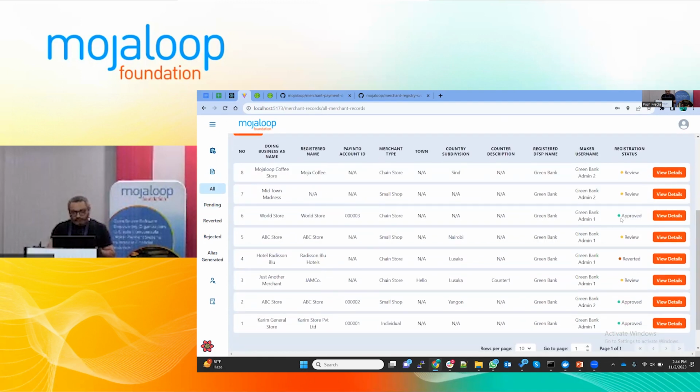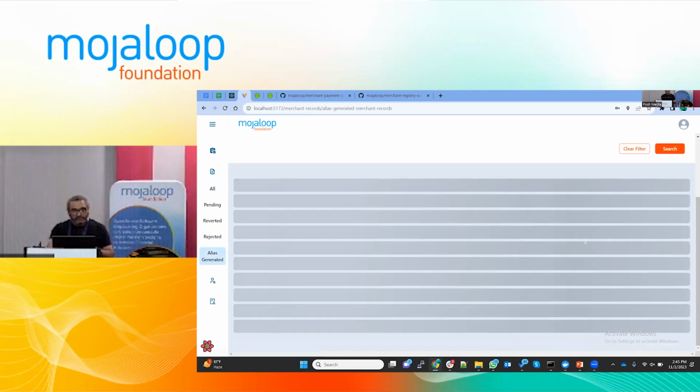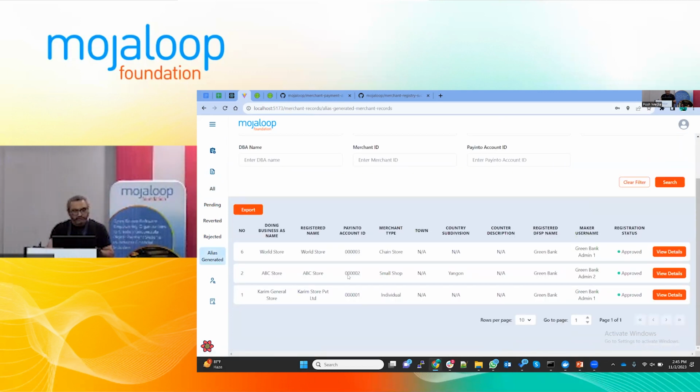Some of them are approved. The ones which are approved, you can see the alias. We call our alias payee account ID, but you can call it alias just for simplicity. Right now 3 merchants are approved, and they've got their alias.